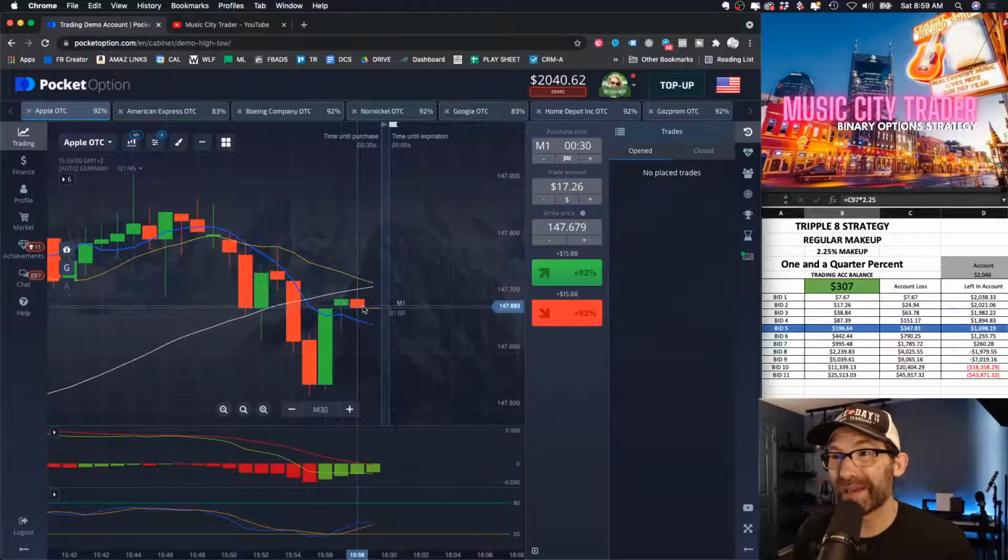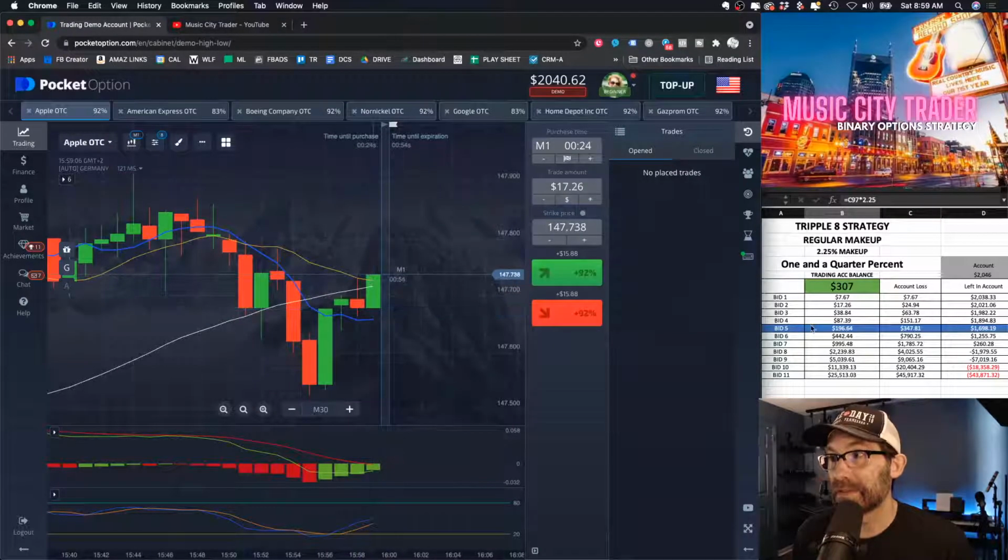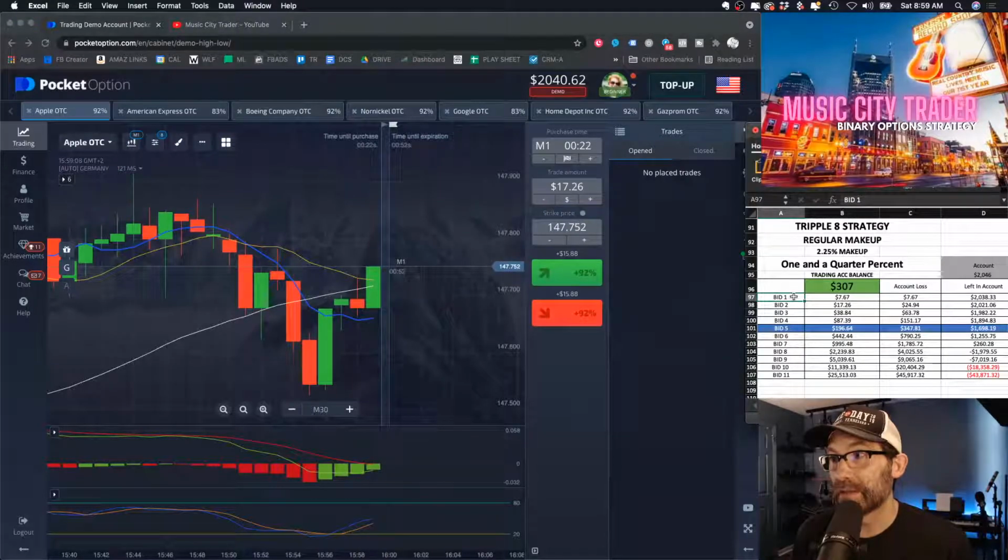I'm going to check my indicators. I'm just going to get a feel for what's going on, and I'm just taking a pause here. This second bid is going to possibly, yeah, wow, this chart's all over the place, isn't it? That's interesting. In 45 seconds, though, when this candle gets to its highest point, if I think it's going to do what I think it's going to do, and actually this is a big old green candle,